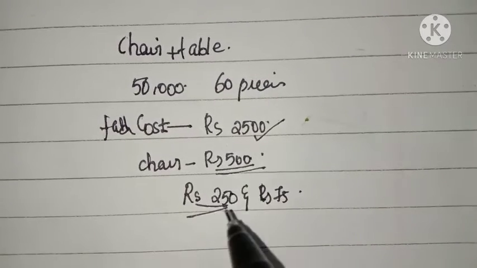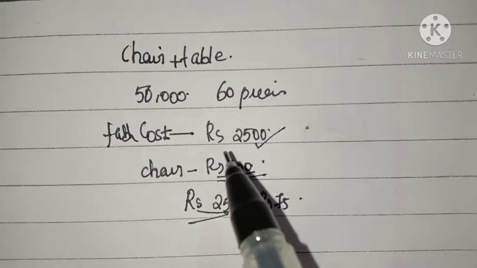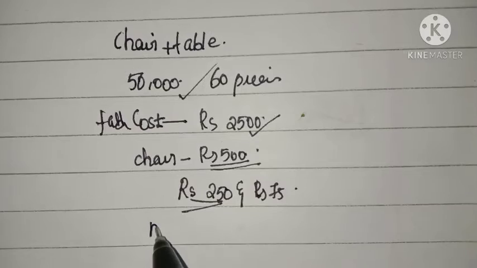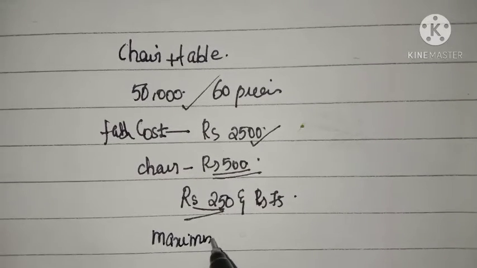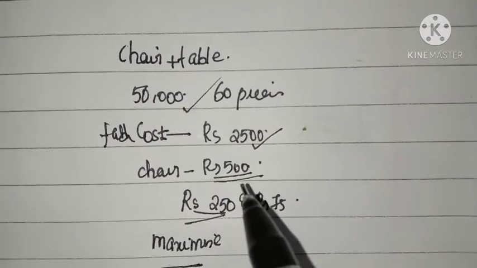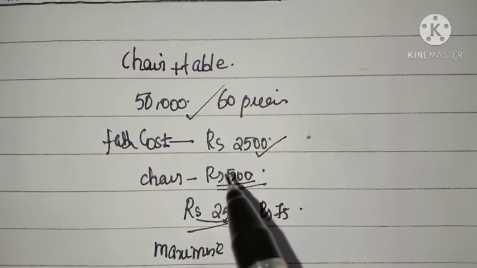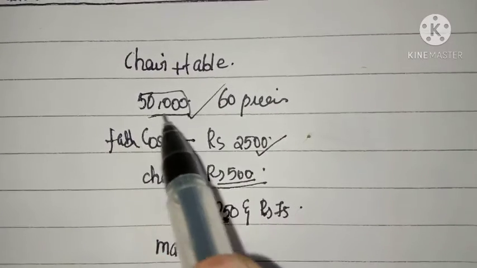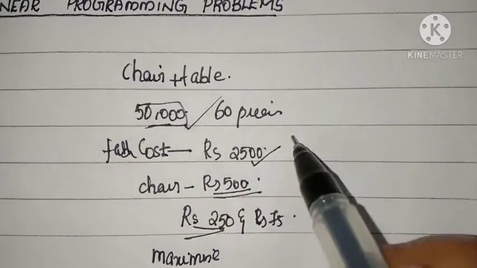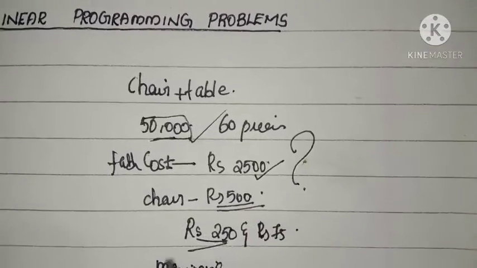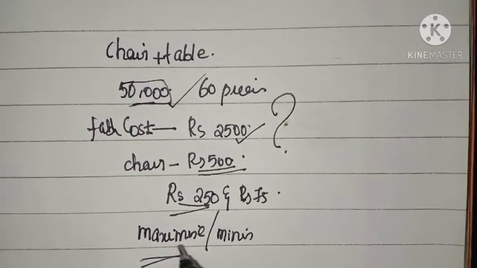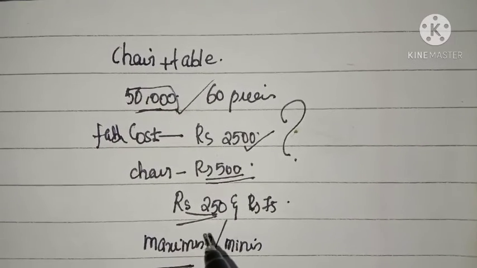So he wants to know how many tables and chairs he should buy from the available money. Okay, from the available money, so he has to maximize, listen, maximize his total profit. Assume that he can sell all the items which he buys. Okay, so in this amount 50,000, how to maximize his total profit. So that's our question. So such type of problems which seek to maximize or minimize the profit or minimize the